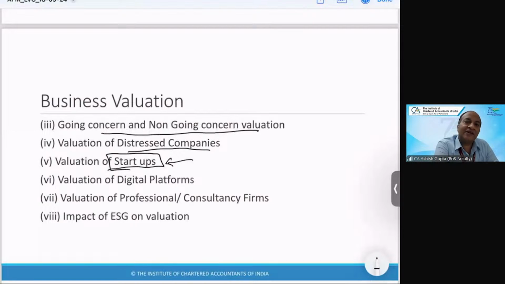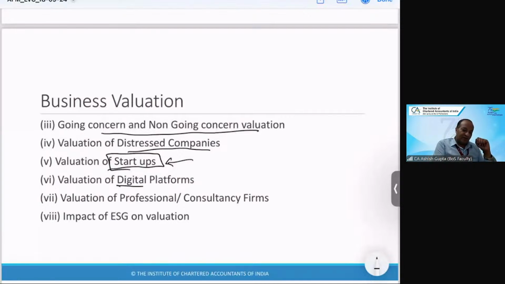So overall there was a period of say somewhere around 15 to 20 years where a business grows and becomes matured into a company. But today the time has changed. You come out with a new idea, start a business, and you become a startup. Once a startup, its valuation is also a challenge, because there is no profit, there are no track records. So how we value the startups has been covered.